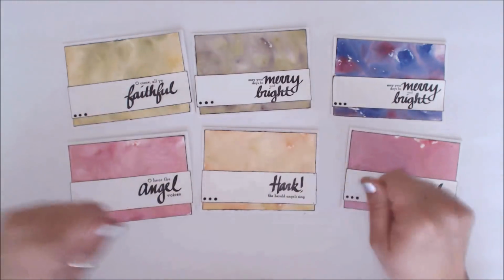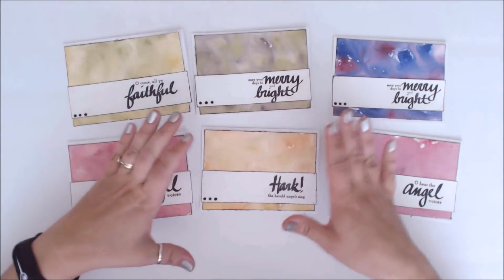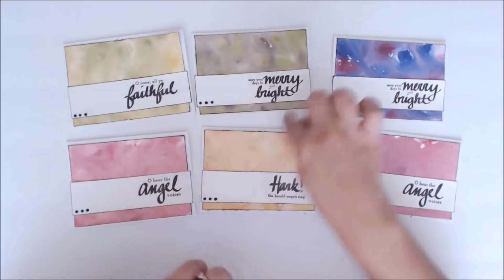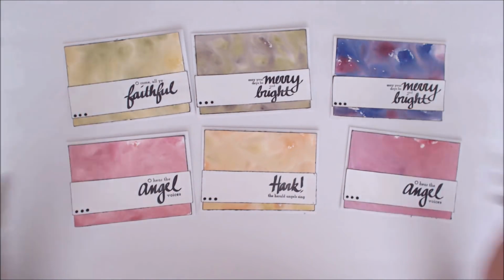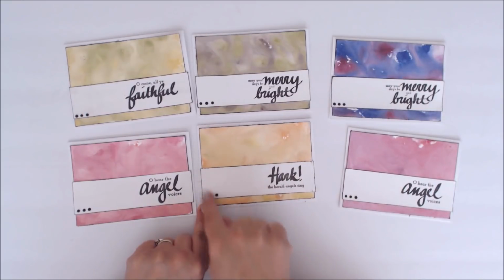Stamped it all on, sprayed it with water, and then took my paper and placed it on top of the stamp block and transferred the ink in this swirly pattern that was on there. And I rubbed my finger in it before I added the paper to get all those fun swirls, and let it dry. And that's how I got those background papers. It's so fun. Then I took another sheet of paper that's exactly the same color as the background, inked the